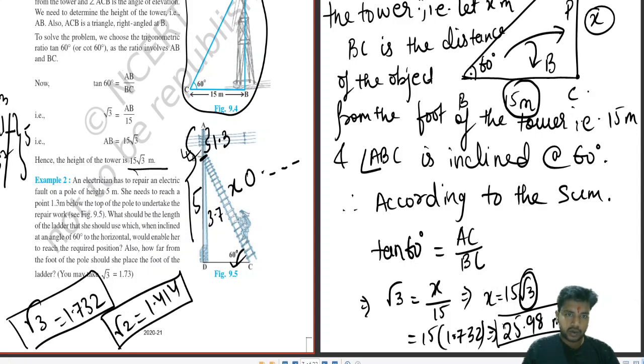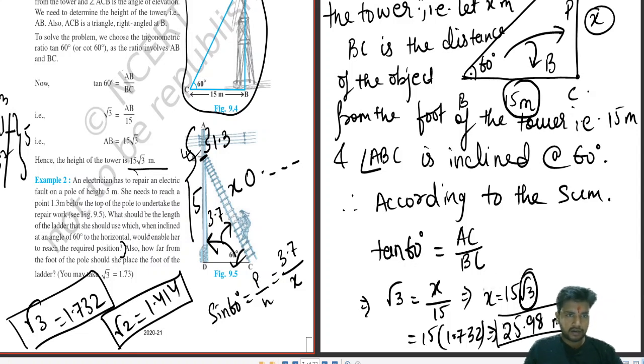Now this is 60 degree. If you look at it very carefully, this is the perpendicular and this is the hypotenuse. So perpendicular and hypotenuse come in sin theta, and that is p by h. P is given over here as 3.7 and h is x. Now solving it, you will get the value of x. The first question completes over here.